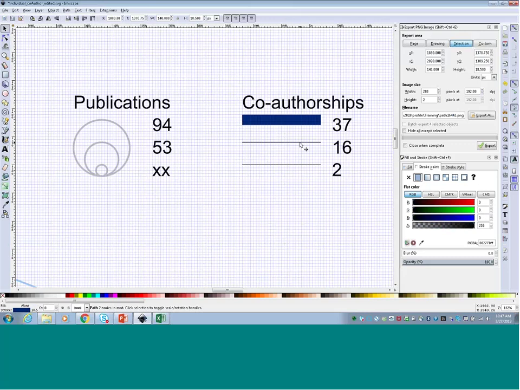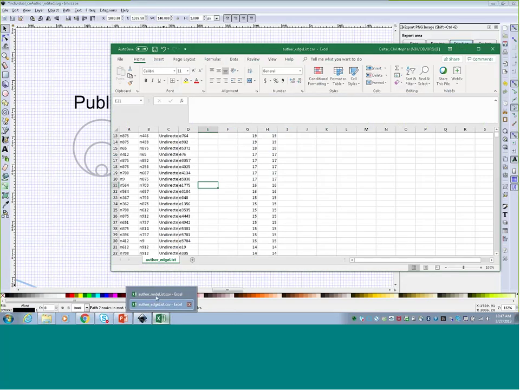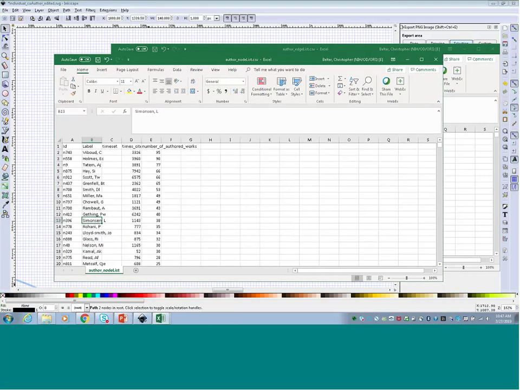So if I'm looking for this line for 16, I can go into my edge list, find out which 2 authors have 16 co-authored works, 564 to 700. Go over to my node list, and then I can either sort of zoom and scan here, or I can actually do a search.